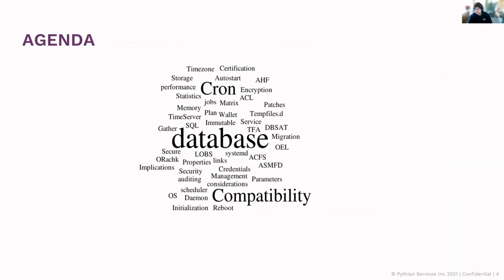Now, what is the agenda for today? Here's the interesting stuff. Today we are going to talk about everything around a migration other than the migration itself. So we are not talking about a migration strategy. We are not talking about the usual things that you'll find in your MOS documents or your documentation. Everything other than that probably needs to be incorporated in our migration plans or our upgrade plans, and things that are pretty small, that look pretty trivial when kept alone, but are often missed. So let's begin.